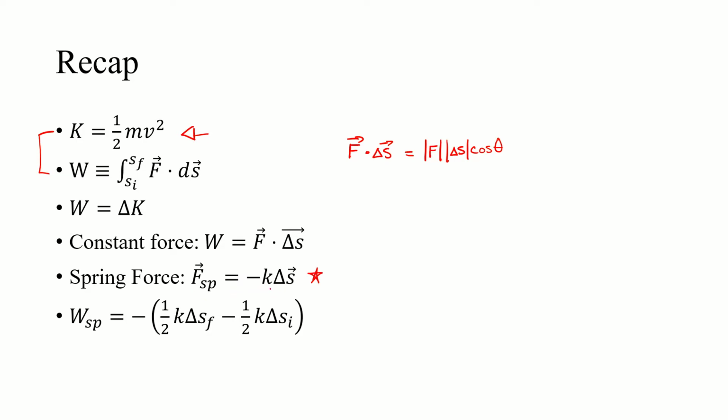Now, this is a non-constant force, which makes it very hard to deal with using just Newton's laws the way we learned them in the last section of the course. But with work being defined as this integral and us knowing the functional form of that force, we can do that integral, and it turns out we can figure out the work done by a spring. We went through that last video and ended up with negative one half k x final squared minus one half k x initial squared, where x is how far the spring is stretched or compressed at the end and at the start.